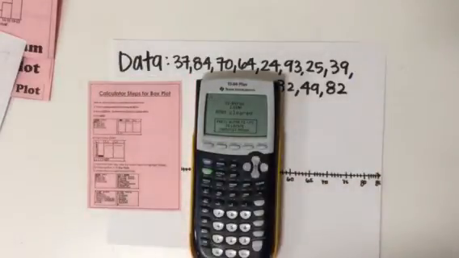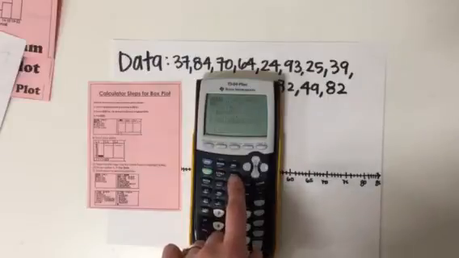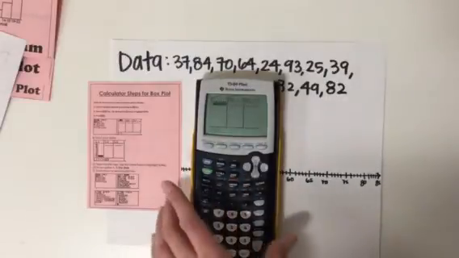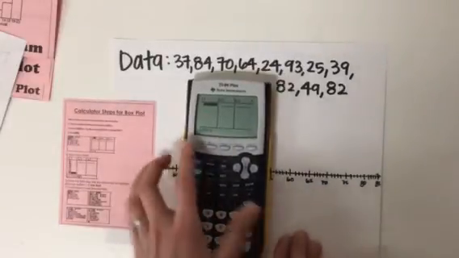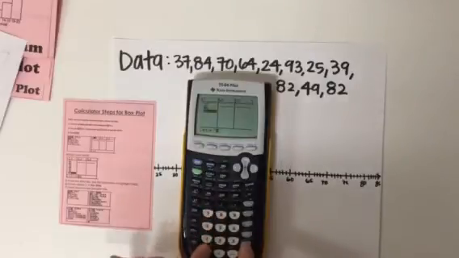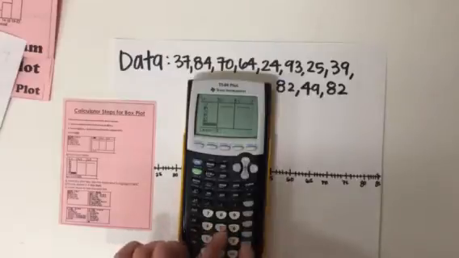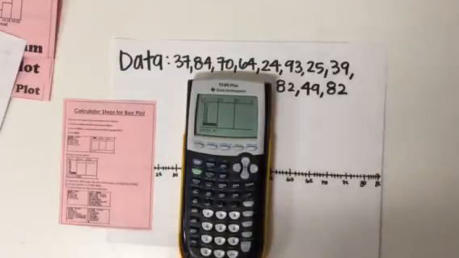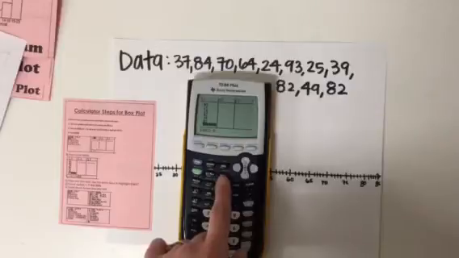And you'll notice you actually have some steps on the top of your notes there. But it's going to work the same way as when we did our last unit with 2 variable statistics. We're going to press Stat, and we're going to go to Edit. This time, rather than having 2 lists of data, since it's 1 variable, we're only going to put things here in list 1. So go ahead and enter those numbers into list 1. Great. Once you have them in there, you're going to go ahead and press Stat again,